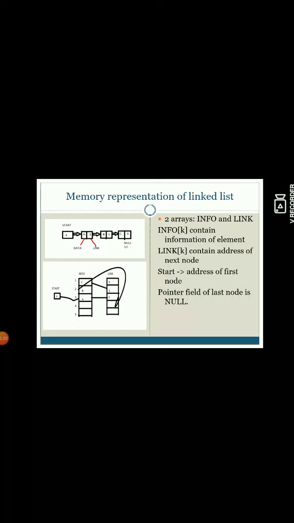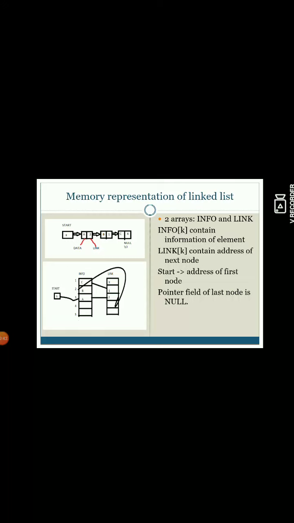So in front of A in the link array, I put the value 2. Now from this 2, I have to join the sequence number 2 of the info array. That's why here I am making an arrow from 2 of link to 2 of info.